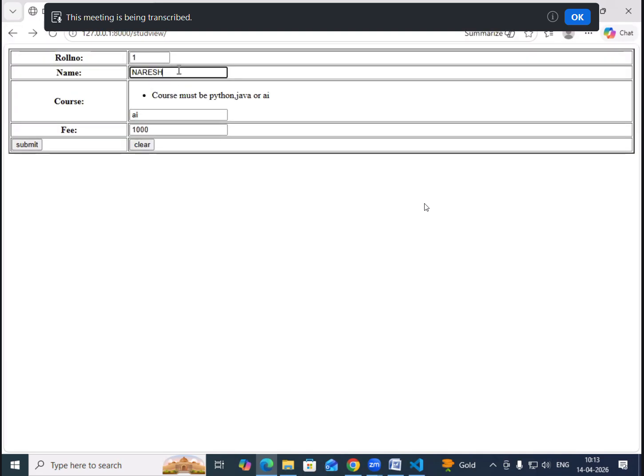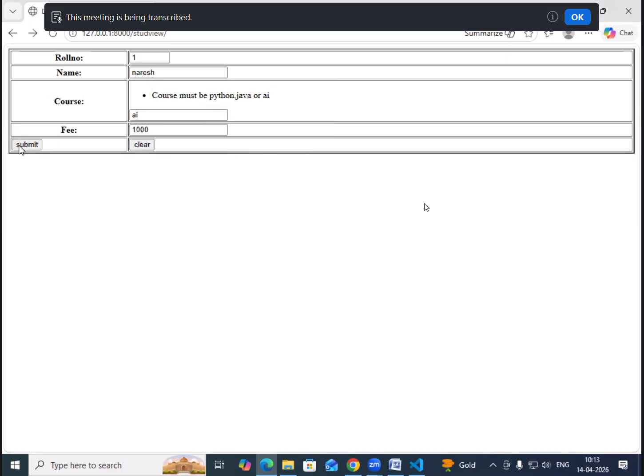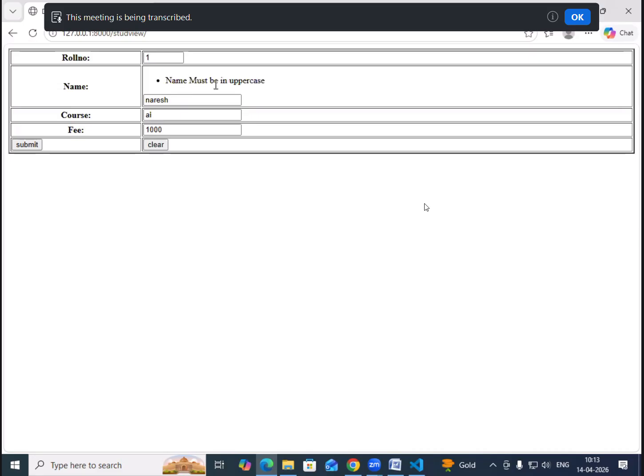Suppose the name is given in lowercase. If I say submit, the name must be in uppercase. So is it giving this error message above? Yes. But can you customize this? Yes, you can customize this